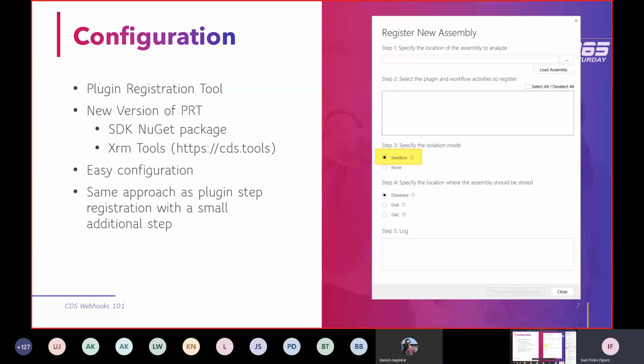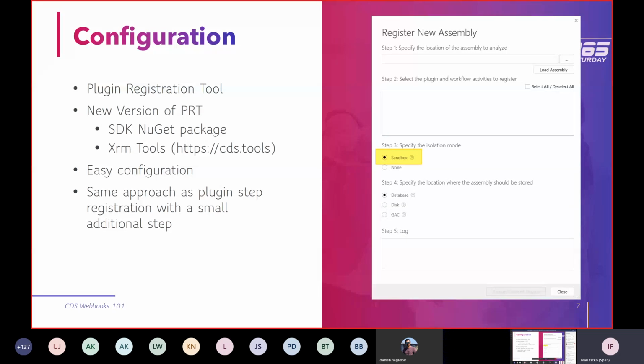You need to download actually the plugin registration tool from NuGet or from XRM Tools, now known as CDS Tools. It's a web page where you can just hit the download button and you will get a zip file that contains all the tools that you need, which one of them is plugin registration tool. The configuration is very easy, few steps, and you have your